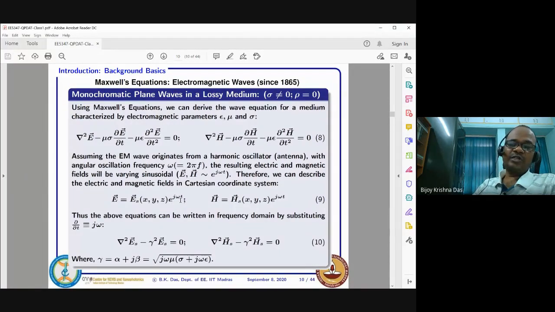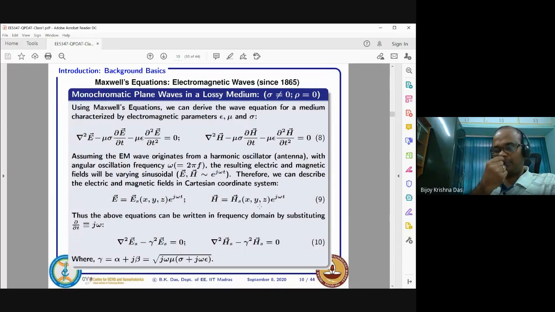As long as your frequency is known, this part is known. That originates from the source. And this part actually depends on your material property, Es(x, y, z), how it is happening. It can be complex also. We'll come to that point. This part can be a vector, can be x, y, z dependent, and can be complex also. Okay, so if it is complex, you can consider it in phasor form, it will have a phase and magnitude. Similarly, magnetic field also we can write down like this.